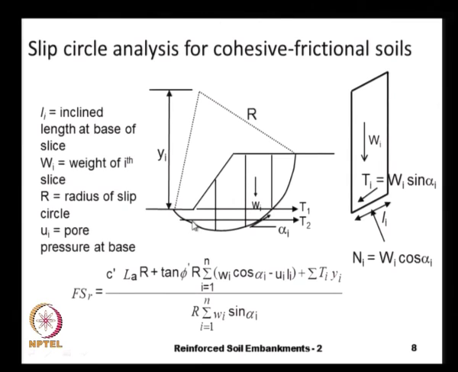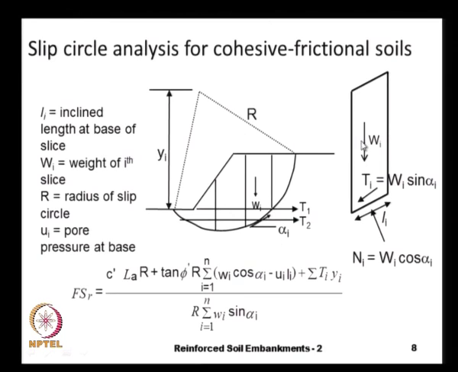One is the slip circle analysis. We can just do the Fellenius or Bishop's slip circle analysis and find out the factor of safety. And here this equation is from the Fellenius analysis or the ordinary method of slices. Once again we take moments about the center of rotation, and for the convenience we divide this entire length of the slip circle into a certain number of slices, typically a minimum of 6 to about 10,